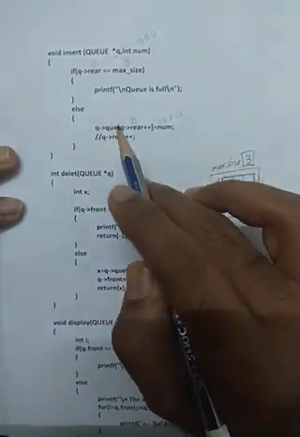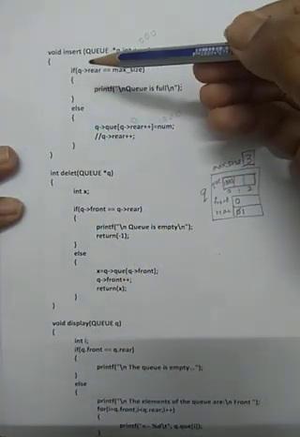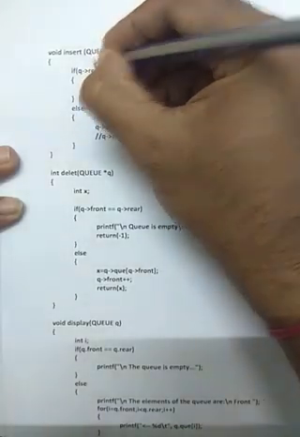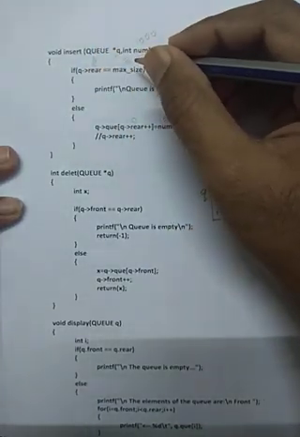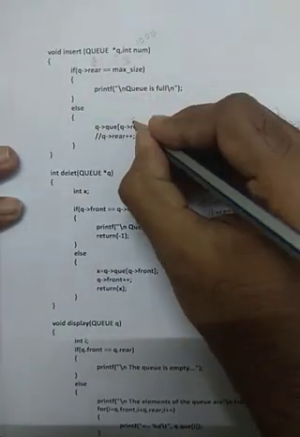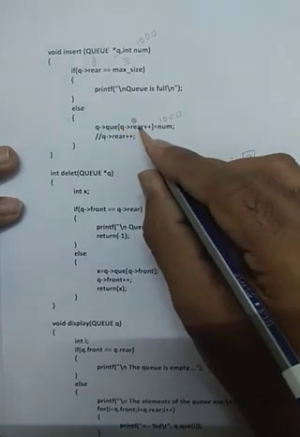If there is, say, one more element to be inserted, the same process again. Rear, I will check if it is equal to max size. What is rear now? It is 1. So is 1 equal to 3? No. So this message will not be printed. The else part I have to execute. Now q of rear is nothing but